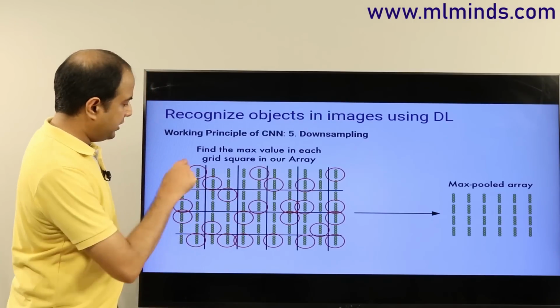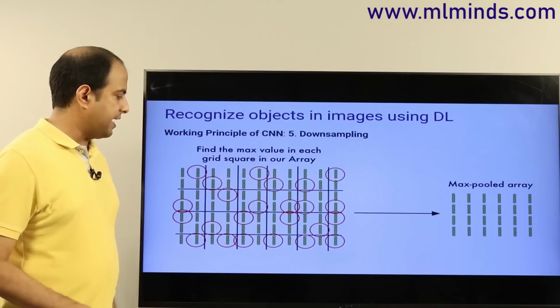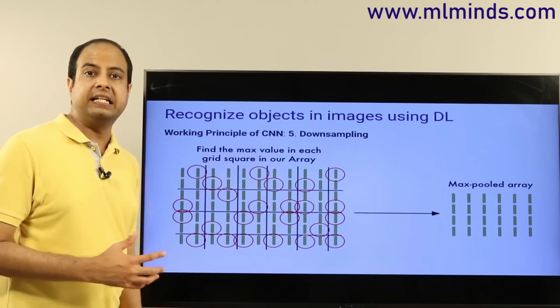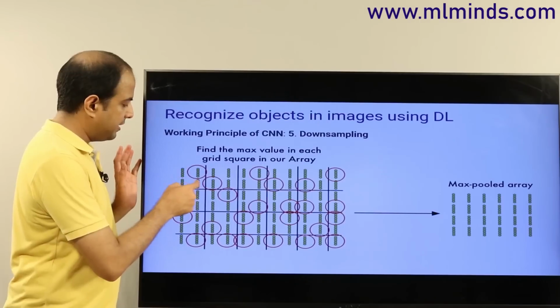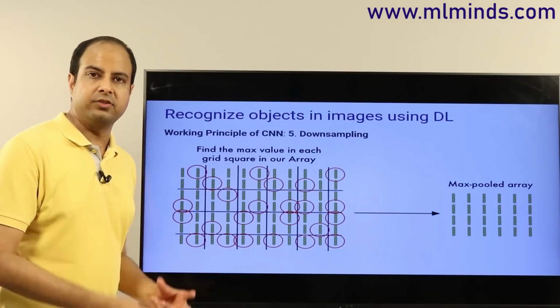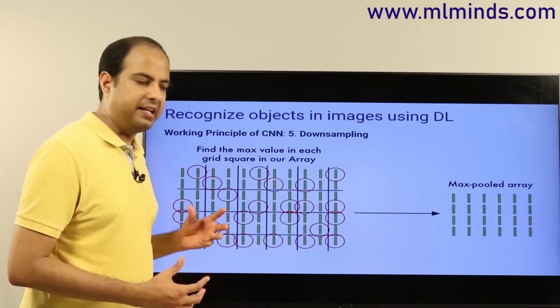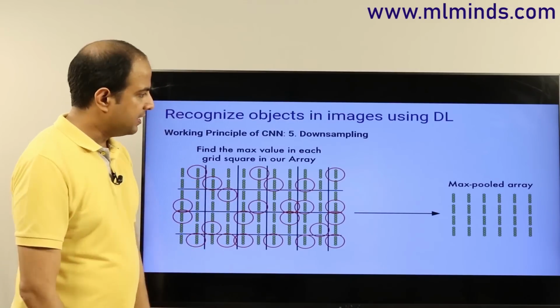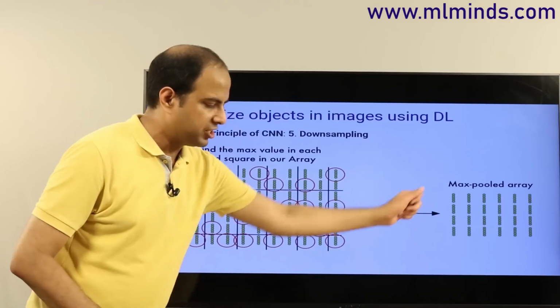And when you're doing a maximum over these tiles, what you're trying to ask is, hey, is there a dog or is there an 8 in this particular picture? It doesn't matter whether it is here, here, here, or here. You just take the max. You just ask, is there a particular thing in this small patch or not? And since this decision is binary, you just take the max and put it out there.